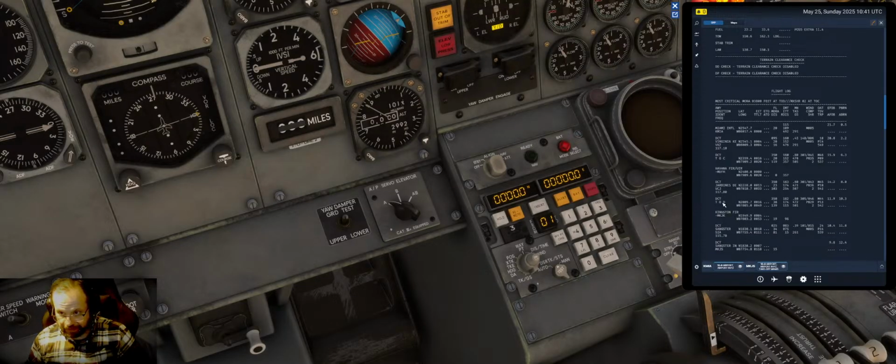And waypoint 3 is going to be the Sangster VOR. The Sangster VOR. Okay, so that's north